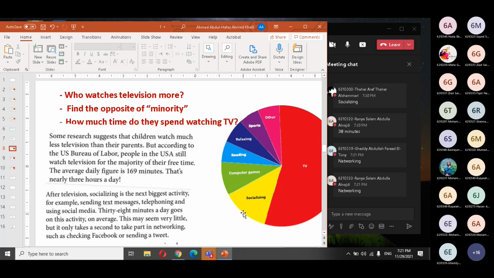No, forget about the time. The time is just a comment from the writer. I'm talking about the activity. I want you to take care of this, because in the final exam there are questions about this. They will give you an activity and ask if it is networking or socializing. I'll tell you the difference between networking and socializing.